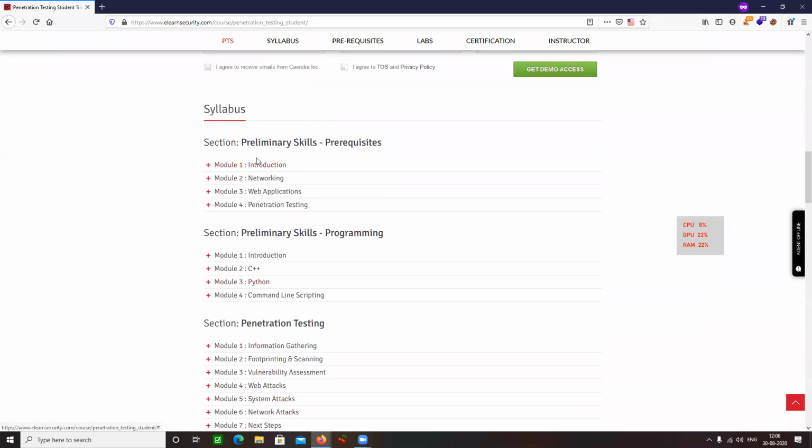and why I'm recommending this is because this is the only certification where you are going to be taught basics of networking, basics of C++, basics of Python as well, basics of command line as well. No other security certification you will be going through the language basics, okay? Right, I believe Shashwat had this question. Yes sir.